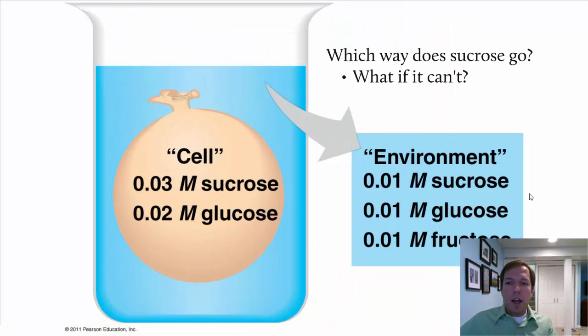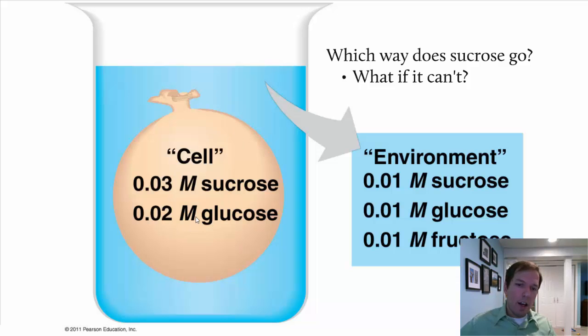Now, the movement of water and the movement of solutes doesn't depend on any one particular solute. It depends rather on the total dissolved substances. So if you look here, M is an abbreviation for molarity, which is a measurement of concentration. Now if you add up the total dissolved solutes within this dialysis bag, you would find that 0.03 plus 0.02 gives a total of 0.05 molar solute concentration inside of the